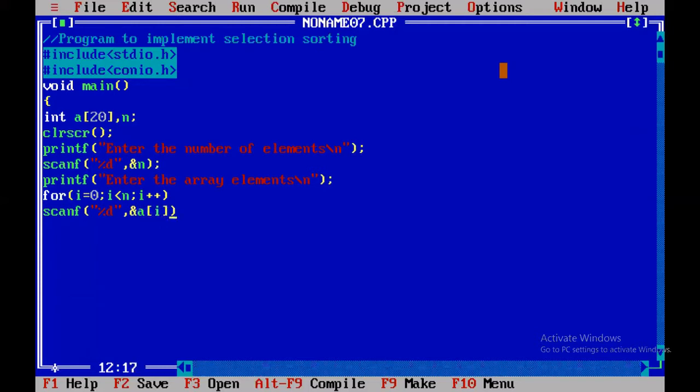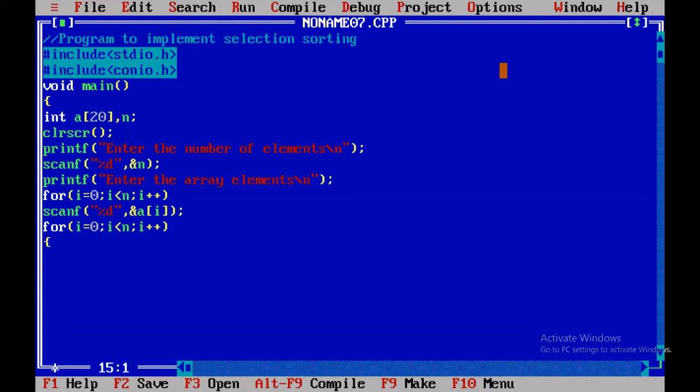After reading the elements, next we are going to sort them using selection sort. So I'll write a for loop: for i = 0, i < n, i++. We have discussed the algorithm for the selection sorting technique, so I'm just rewriting those statements.